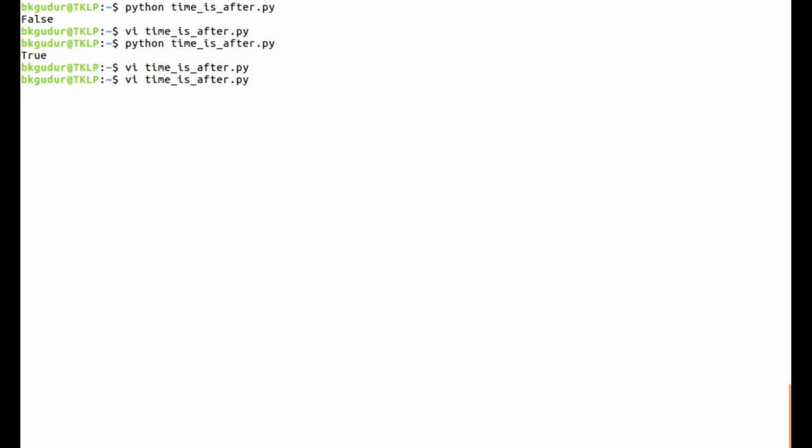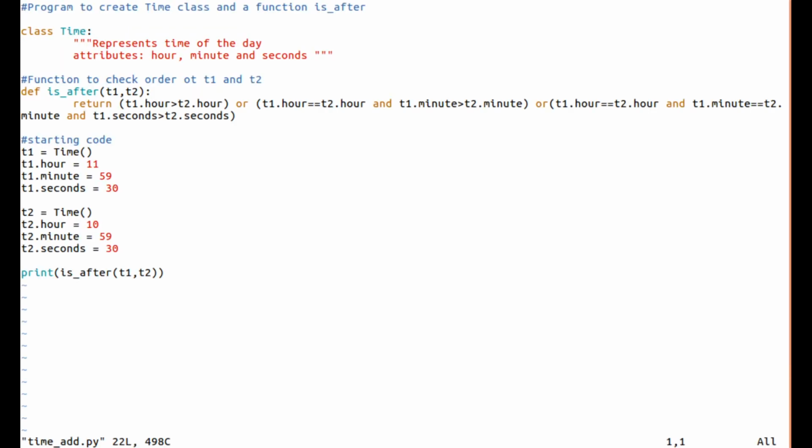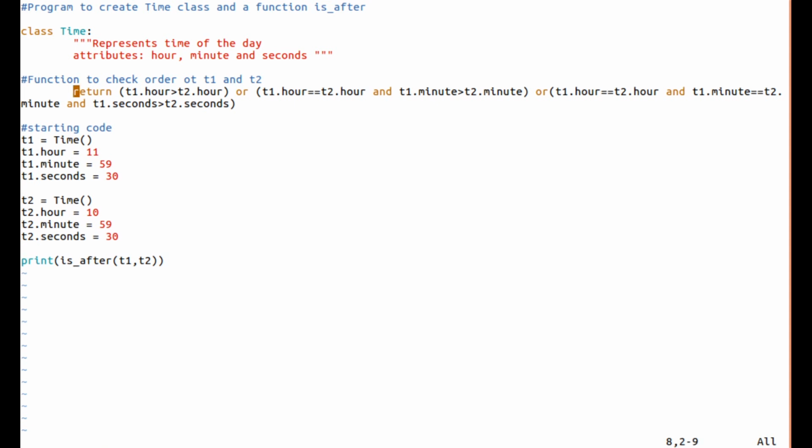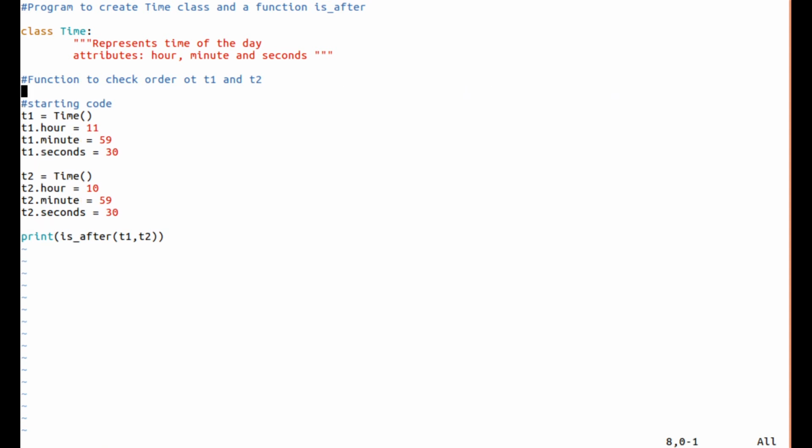So I'm going to create this, copy this one only, like time_add.py, vi time_add. This function will be the same, whereas I don't require this.